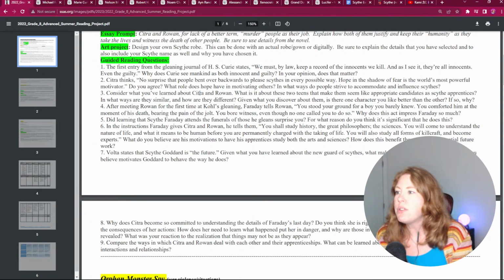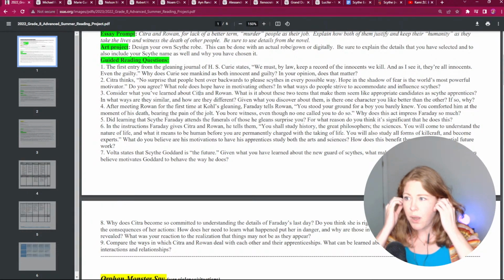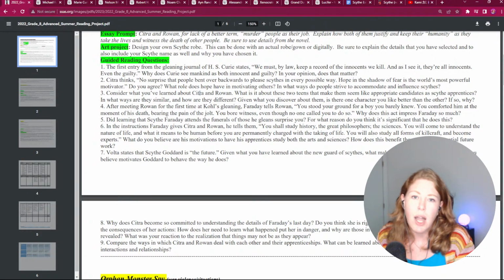Number 7, Volta states that Scythe Goddard is the future. Given what you have learned about the new guard of Scythes, what makes that so disconcerting? What do you believe motivates Goddard to behave the way he does? So obviously we're supposed to look at Scythe Goddard as a villain because of the way he approaches his job,